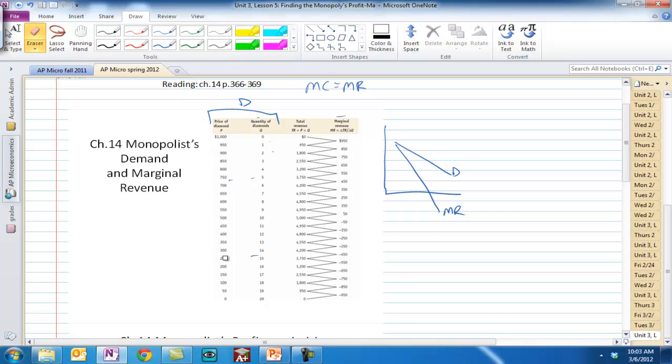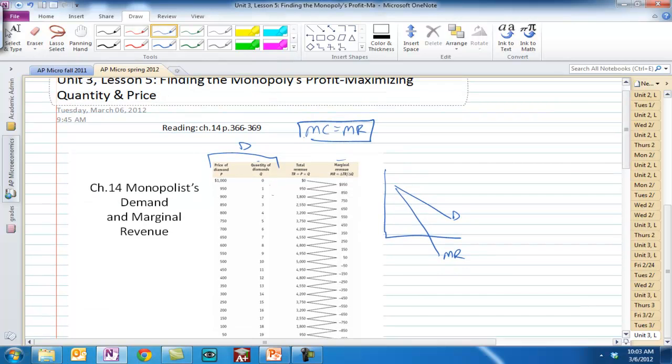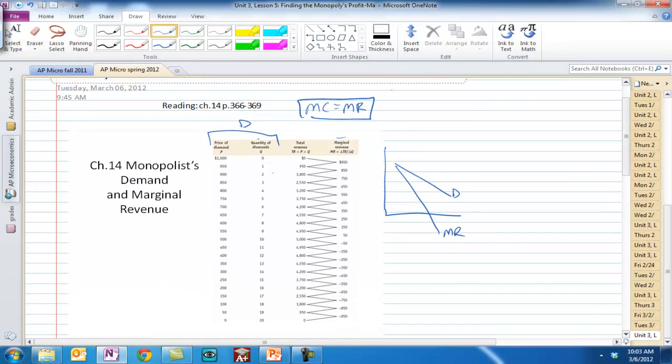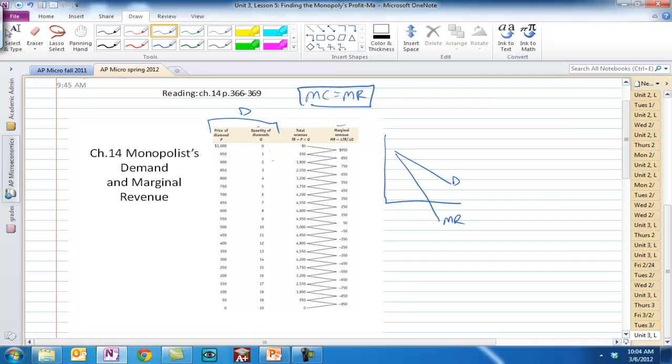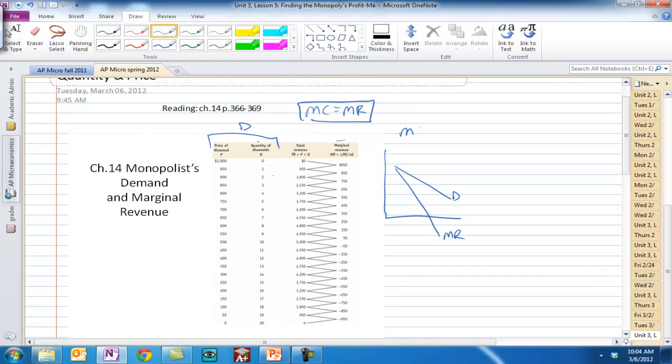Okay, so if they can choose any level of output along that demand curve, which one will they choose? We'll go back to our profit-maximizing rule, marginal cost equals marginal revenue, or the other way that we thought about that: keep producing as long as marginal revenue is greater than marginal cost. We don't have cost data yet, so we need to add that. We'll say that the marginal cost of producing diamonds is equal to $200